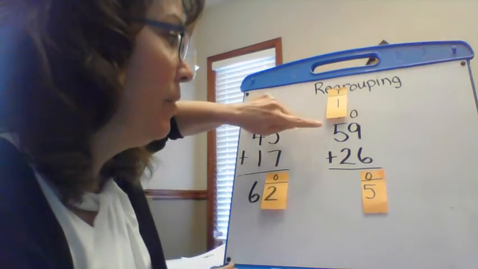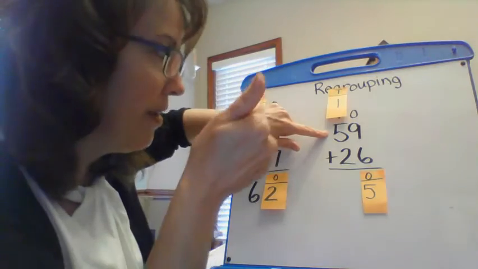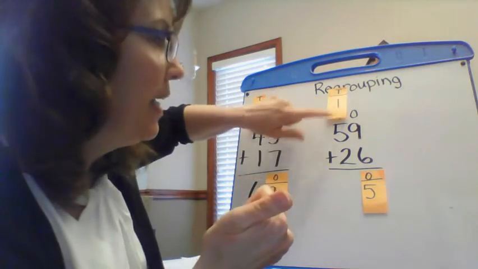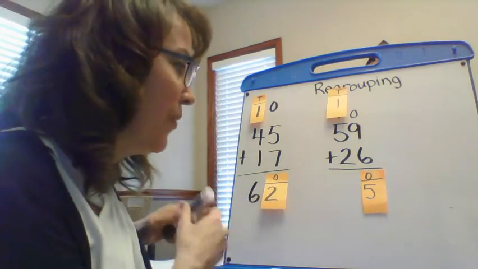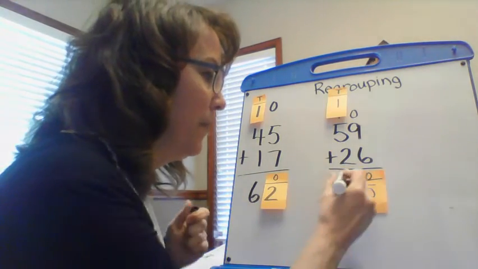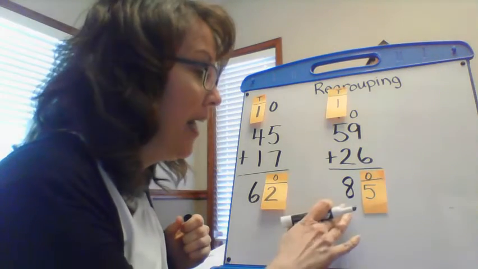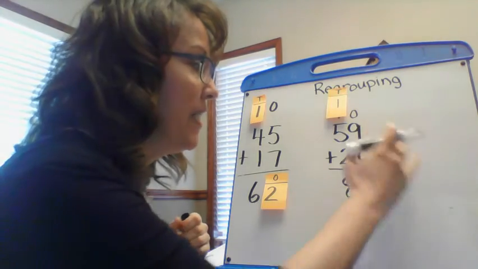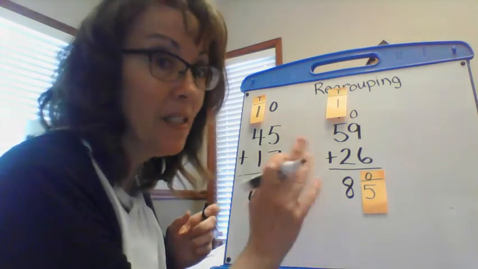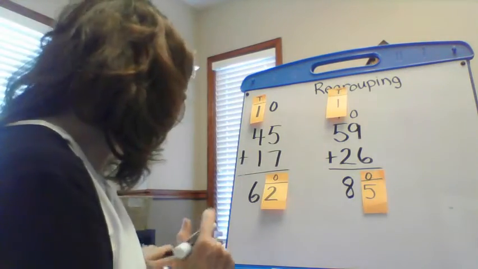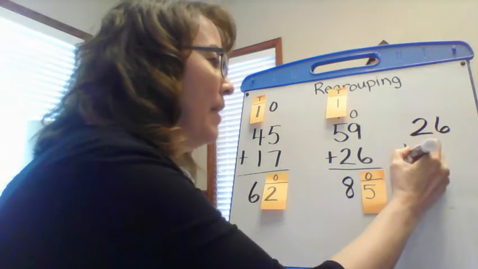Now I can add all my tens. I have 1 ten plus 5 tens plus 2 tens. Put the big number in your brain, 5. 1 more is 6. 2 more, 6, 7, 8. So my answer is 8 groups of 10. And altogether, I have 85. 59 plus 26 equals 85. Let's do 1 more for good measure. 26 plus